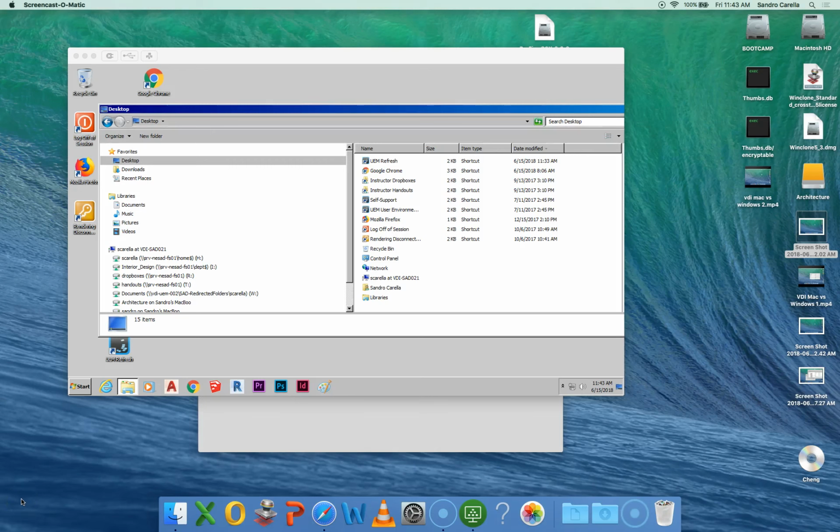This is a third recording. I'm doing several of these because we hope to distill from them an understanding of how we can explain the parallelisms between the Mac environment and the Windows environment. So